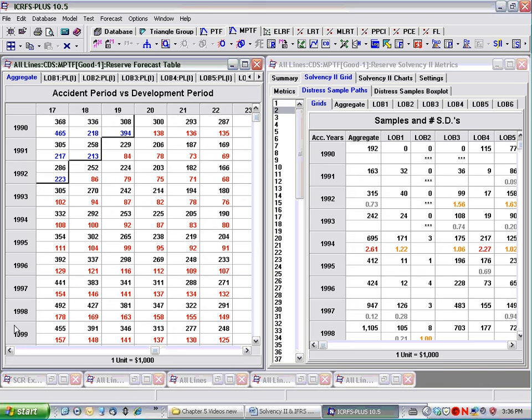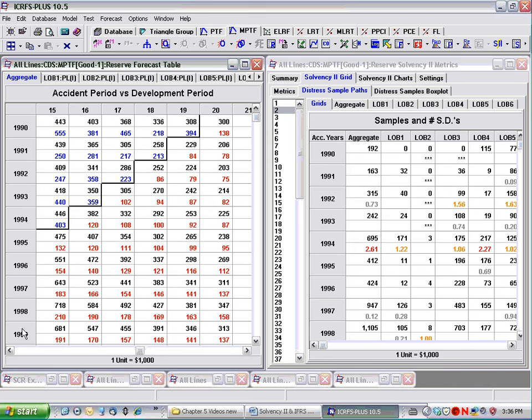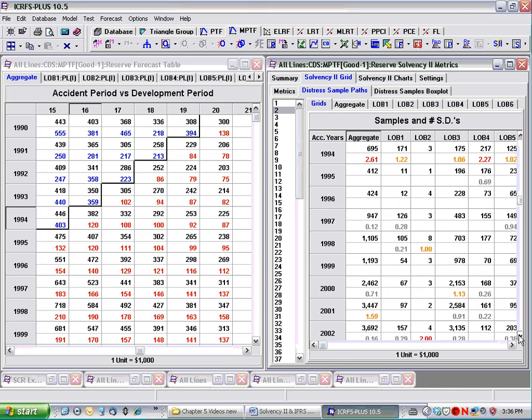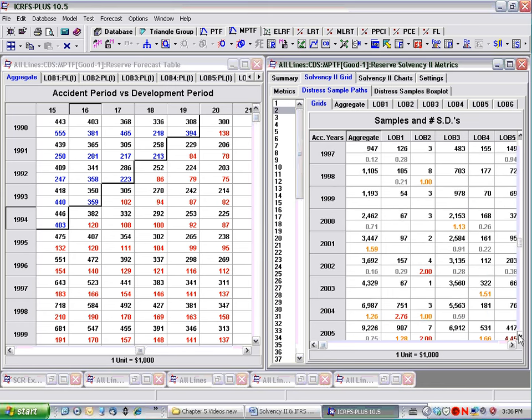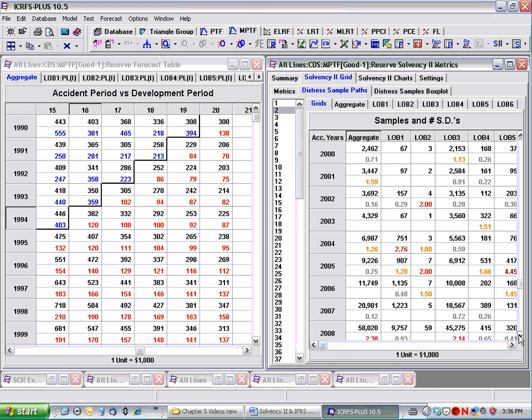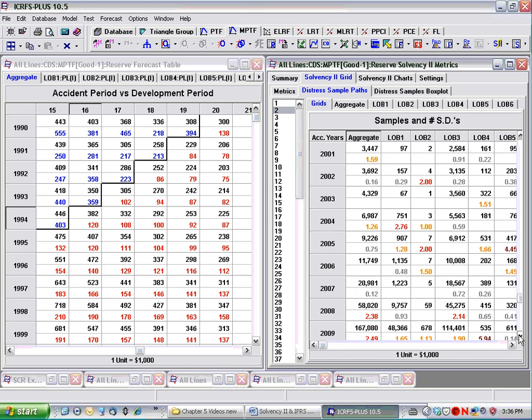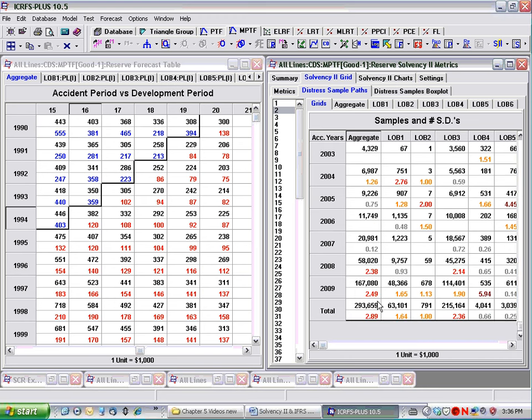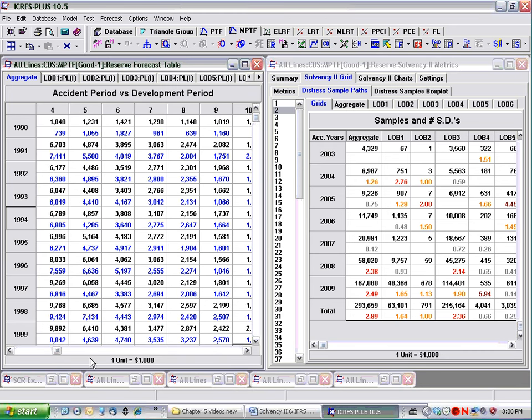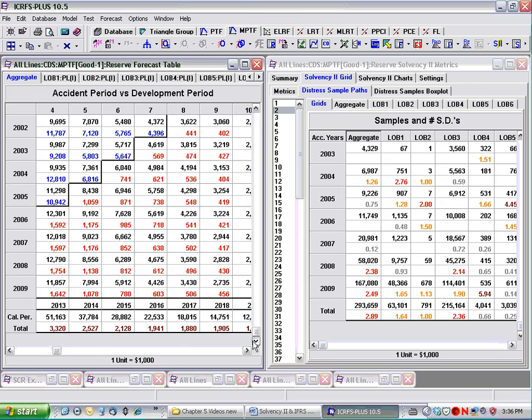But in 1994, in aggregate, this is for a distress sample, the mean is 382, but we observed 695, which is 2.61 standard deviations, and so on. So if you go down in aggregate, all of a sudden when you get to the more recent accident years, you can see you've got 2.49 standard deviations, 2.8. So in aggregate, we observed some very large values